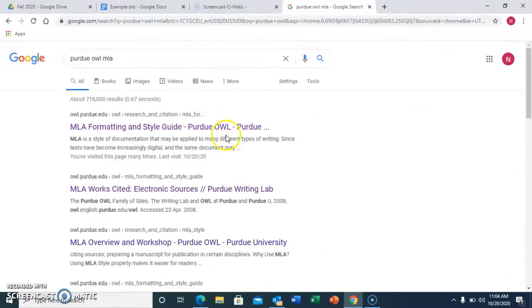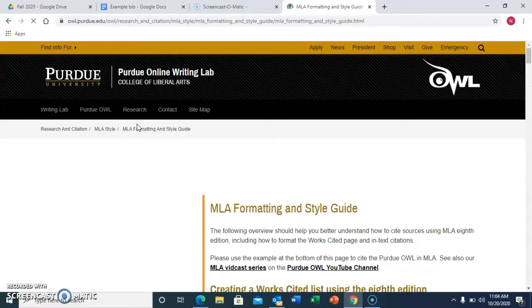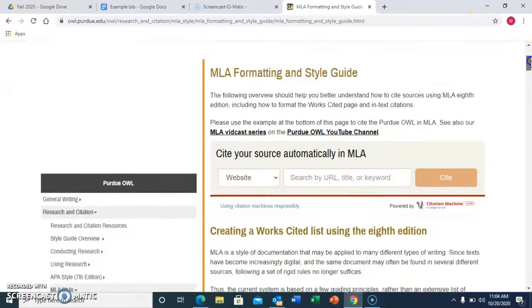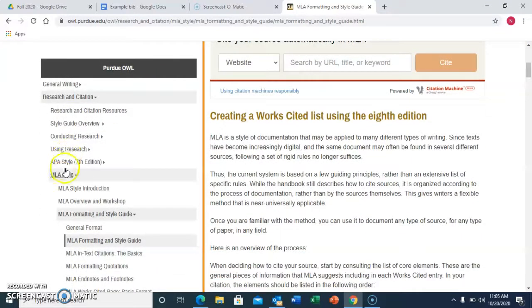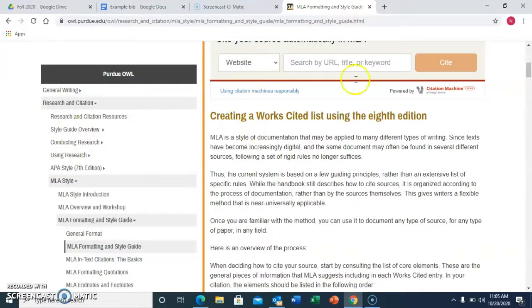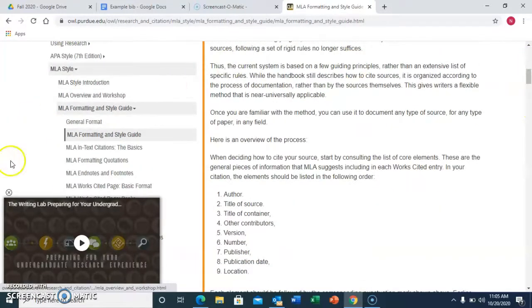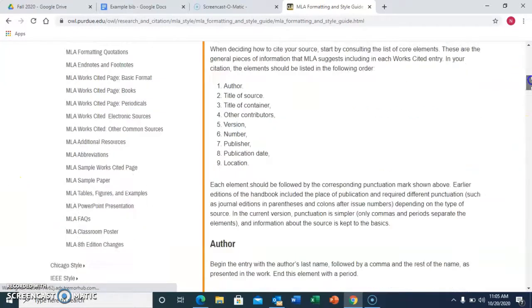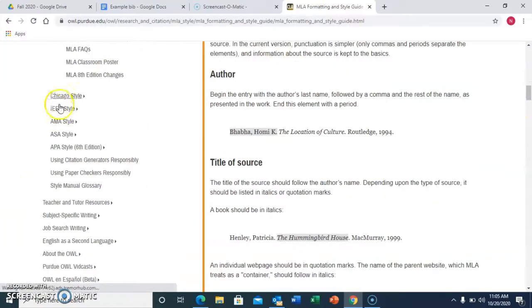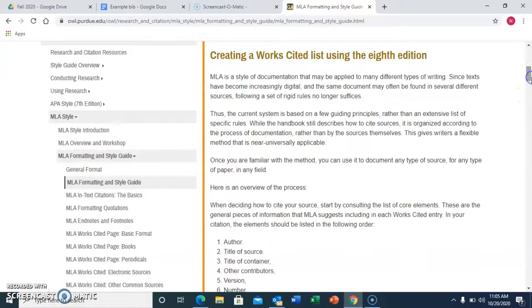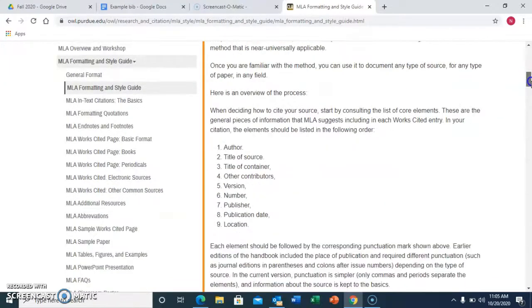You can just go ahead and Google this. It's from Purdue University. And we're going to be citing within MLA so that you can go there specifically. If you look at the side, it also has APA, and I believe also Chicago, IEEE, AMA, ASA. It has all these different styles of citation. Even though we're not going to be interested in them for our class, it's extremely exhaustive and extremely helpful.